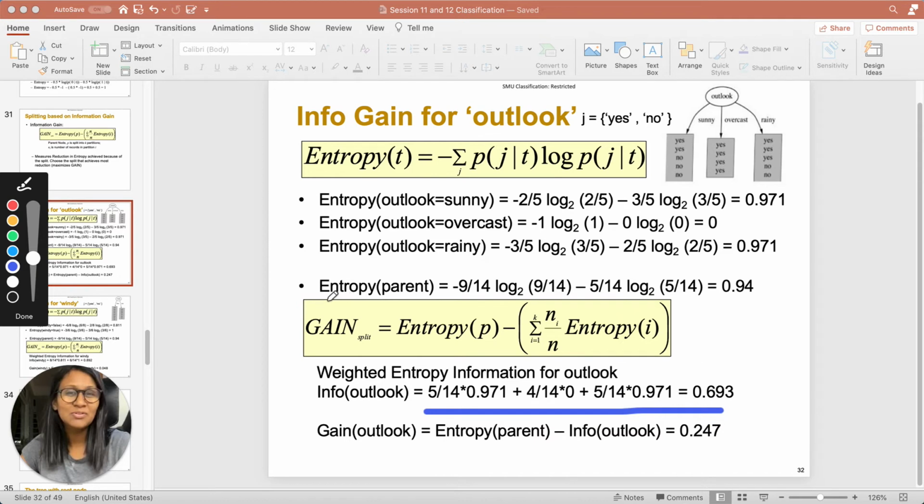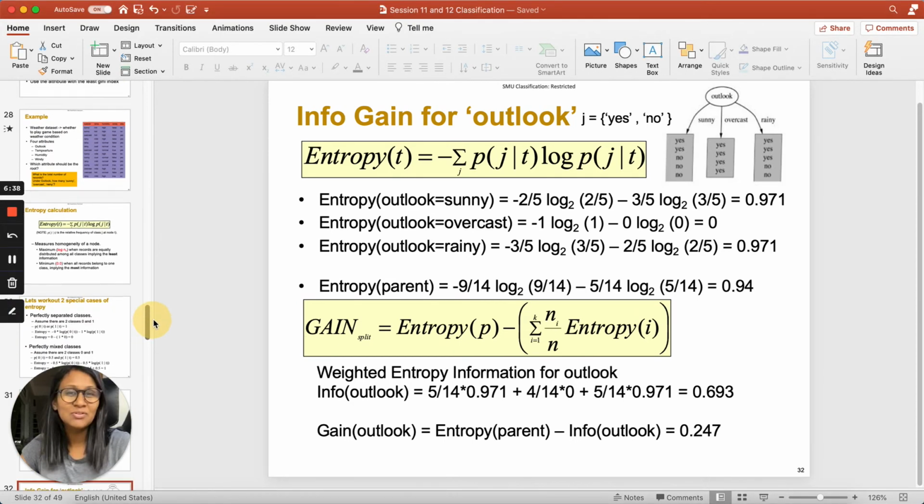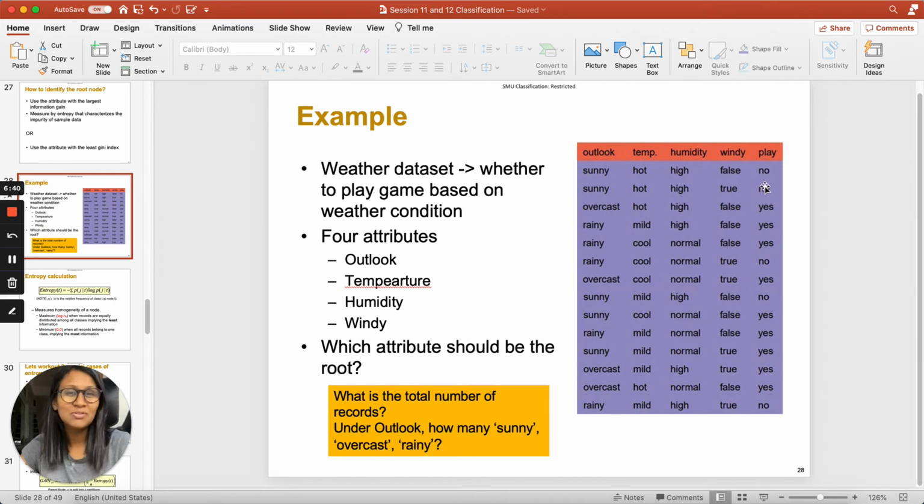Before we do that, I want to calculate the entropy of the parent node. So entropy of the parent node when we are talking about the root node is basically the entropy of the entire data set. So in the entire data set, we had 14 observations and out of those 9 belong to one class. Let's go back to our data and see. This is our entire data set. You can see how many no's are there and how many yes are there. There are 1, 2, 3, 4, 5 no's and there are 9 yes.